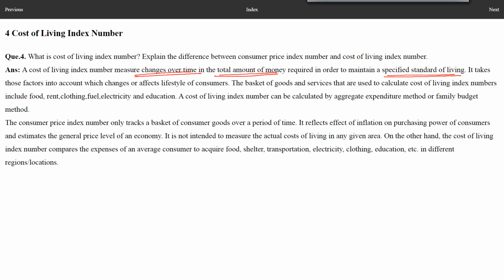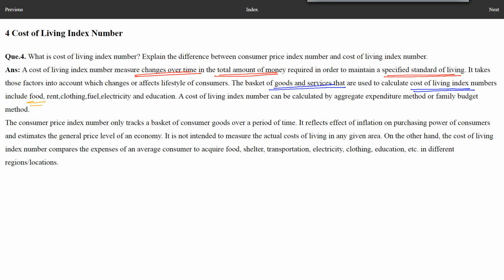It takes those factors into account which change or affect lifestyles or consumer patterns of consumers. The basket of goods and services that are used to calculate the cost of living index numbers include